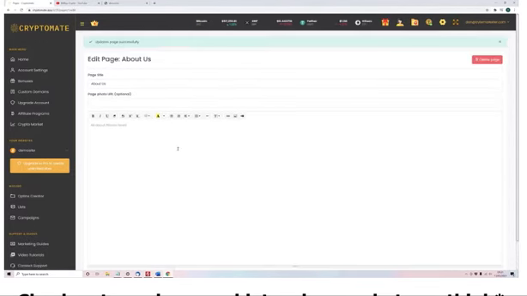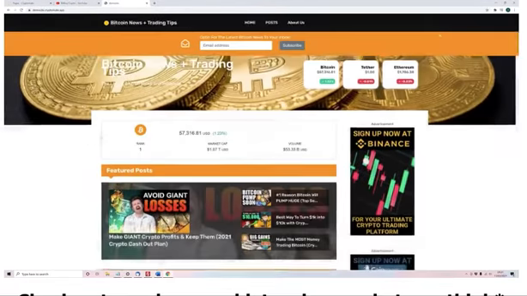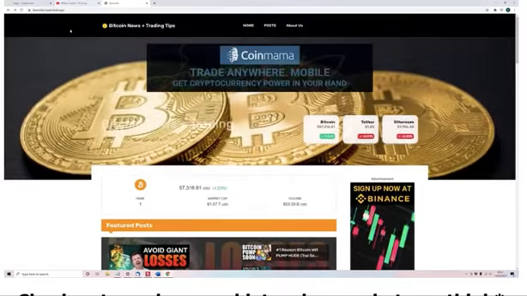Click Save Changes. And then if we go back to our site, you should see we've got an About Us page that's been created here. So you can create as many as you want. You might want to do a Contact Us page, or anything. If you go here, you can see that. So yeah,